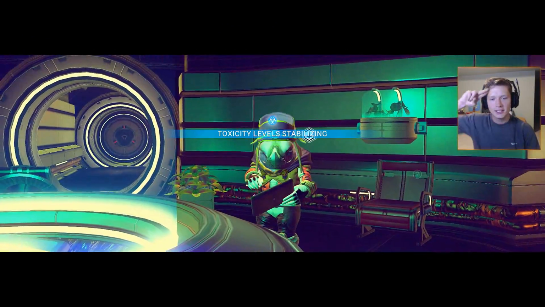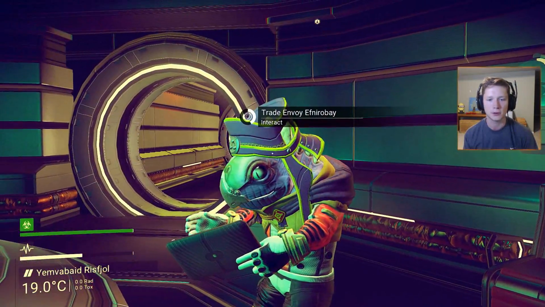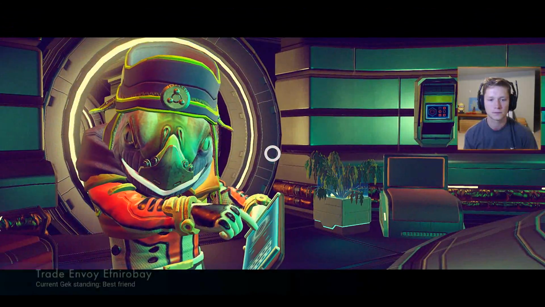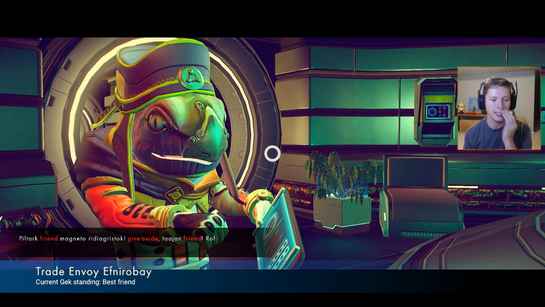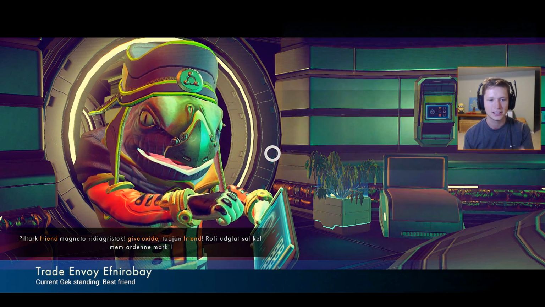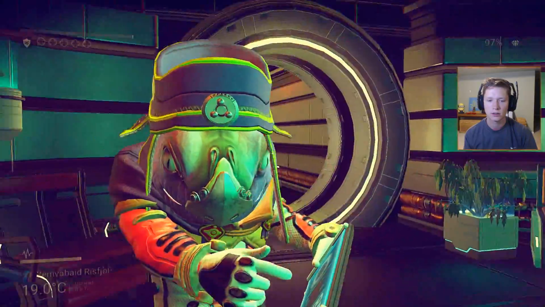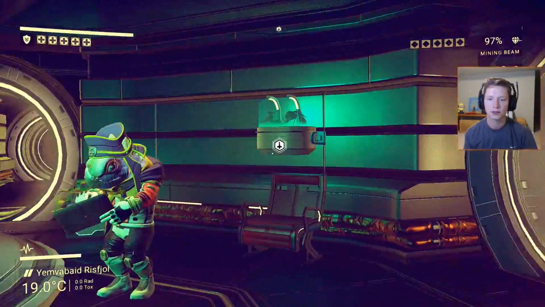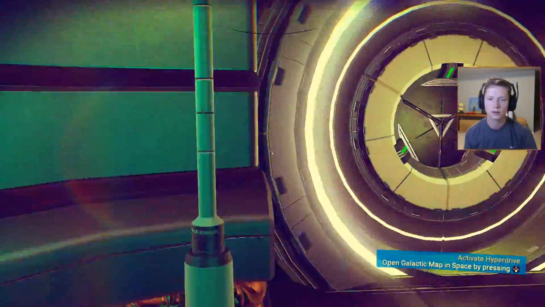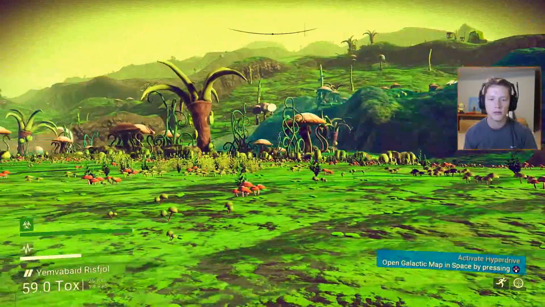Aha! Hello, sir. Got a cool hat on. Obviously, you're very important. Okay, friend give oxide, friend. Okay, so we want to give it an oxide. We can't yet. We're gonna go get him some titanium. Is there a trade thing on the wall? Shoot. Look at that, boys. We've learned enough of the language that we can now...